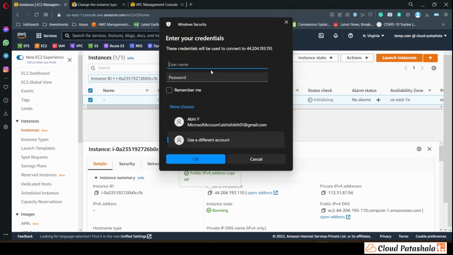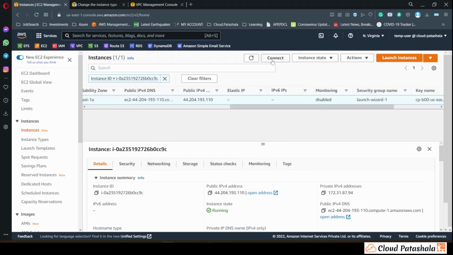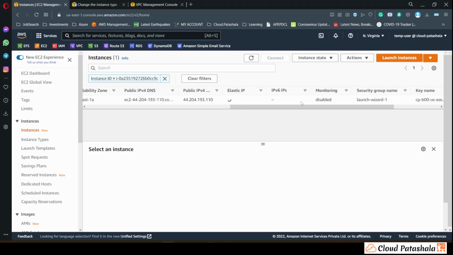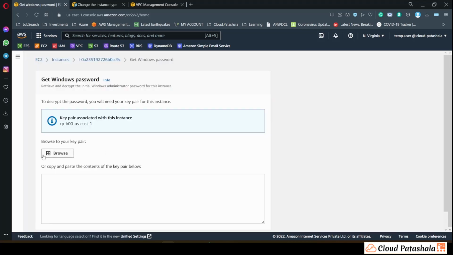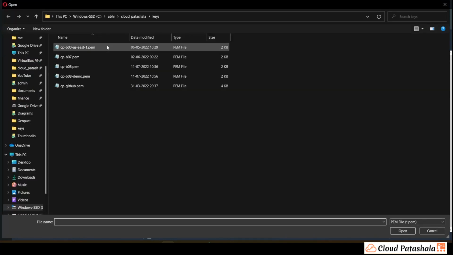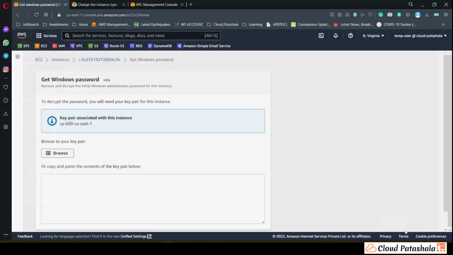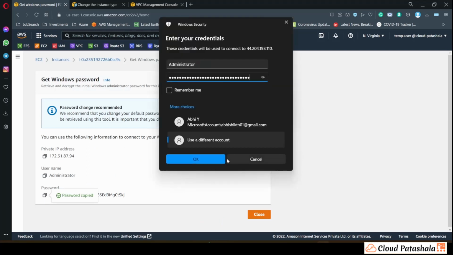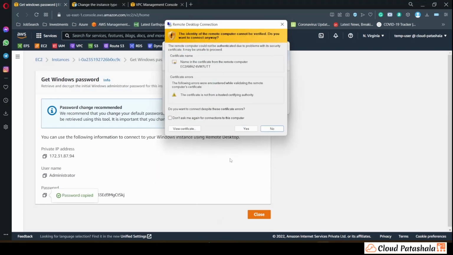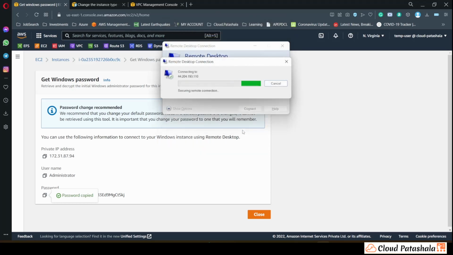I could give in the administrator credentials. I know you'll not be able to decrypt the password, but it's worth giving it a try. Oh yes, it's working, and let's try to decrypt the password and log in. So as you see, we have now logged into the server,